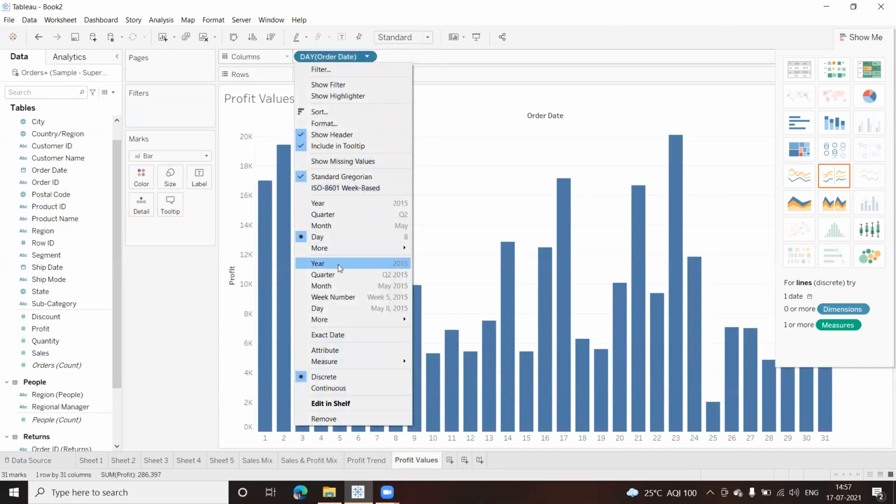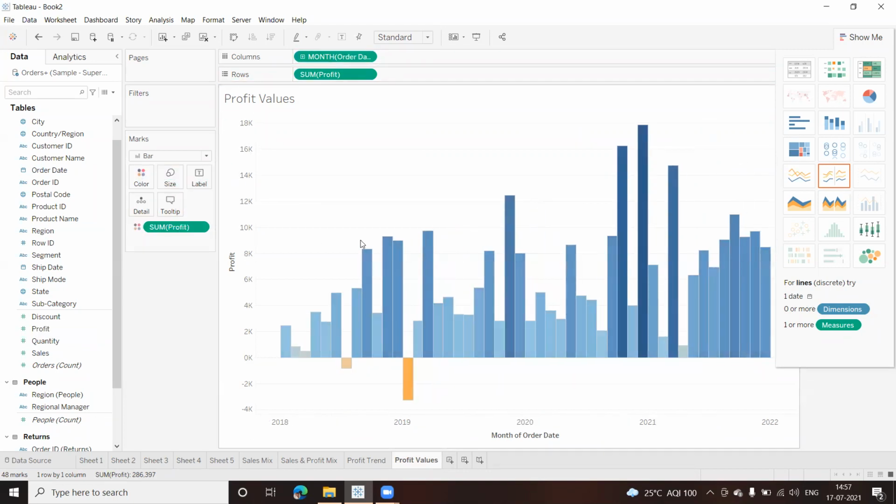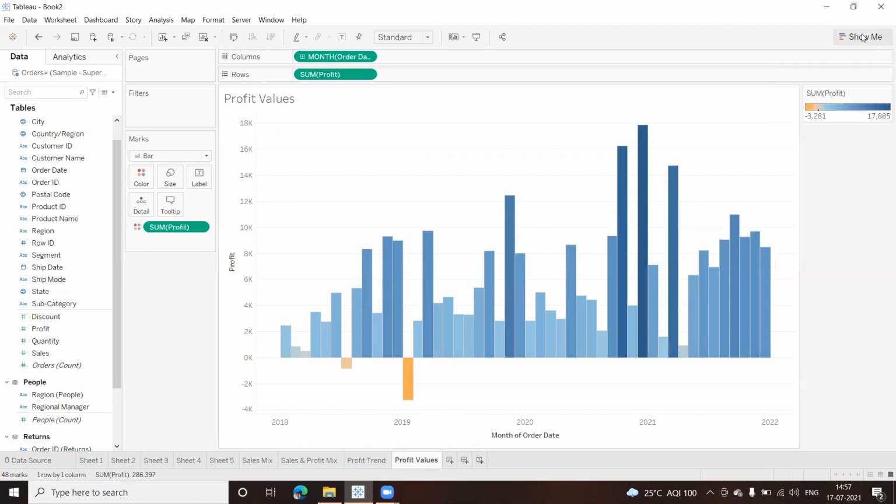I'll say month wise. Okay, and where's the profit? I'll pick up the profit. I'll put on the color combination here. Okay, this is another one. So I have got the profit, sum, color combination. I keep it as it is. Fine. If you want, you can also fix it to your own.